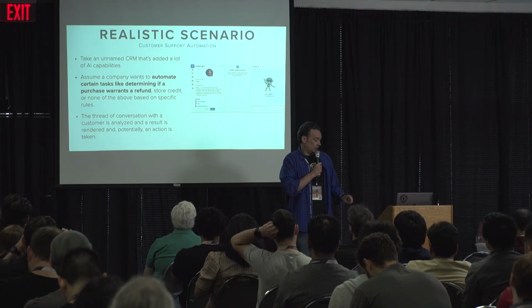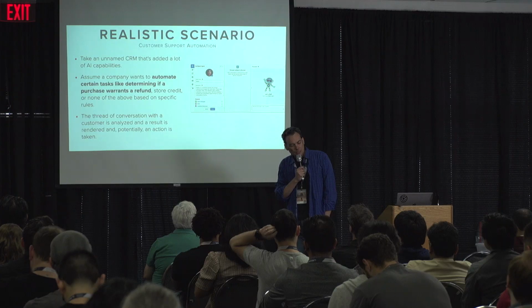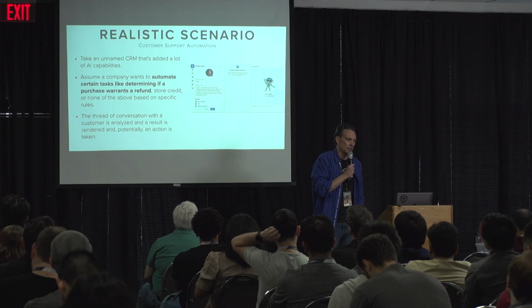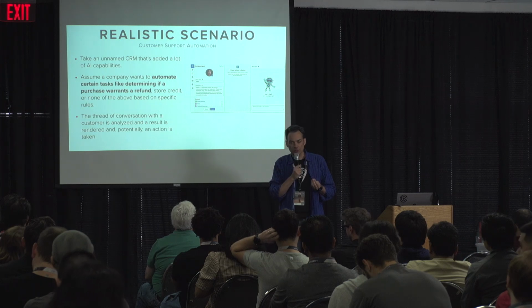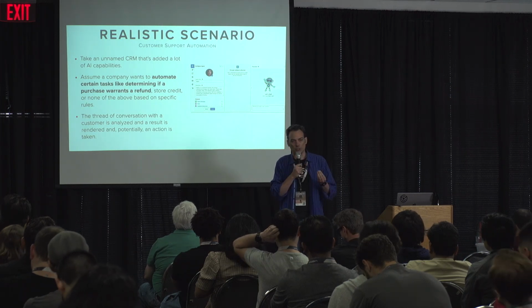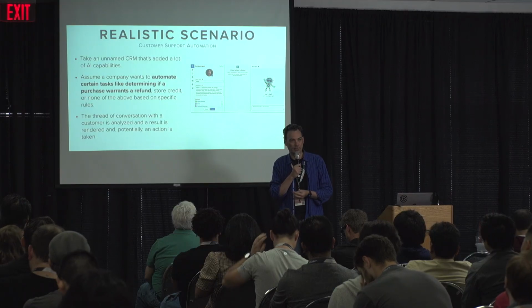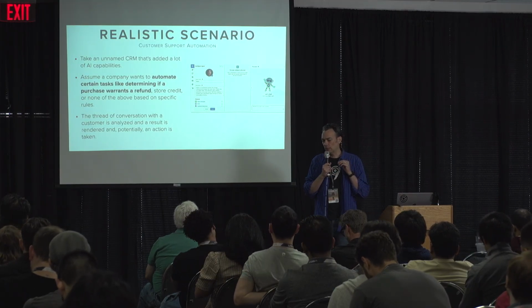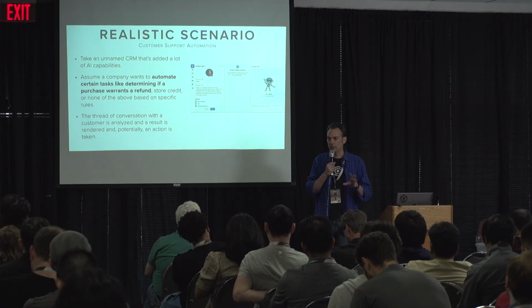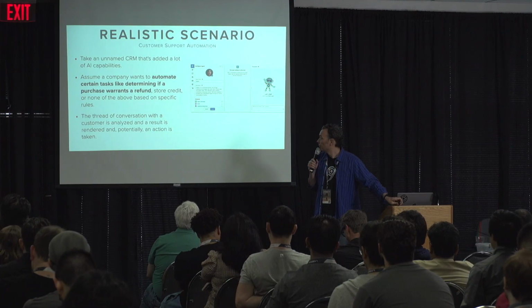I'm going to give you one more scenario. This one is one you'll just have to imagine in your head. We're going to take a customer support tool, and in this customer support tool, the goal is to save time and resources by automating the decisions around refunds or store credit or none of the above, okay? A whole bunch of rules are set up so that an AI agent can determine if the criteria have been met to do a refund. That's the gist.